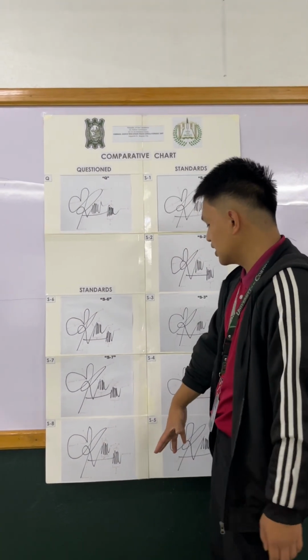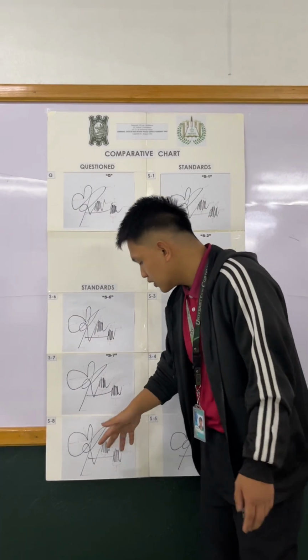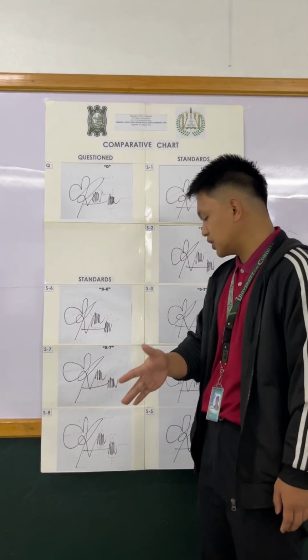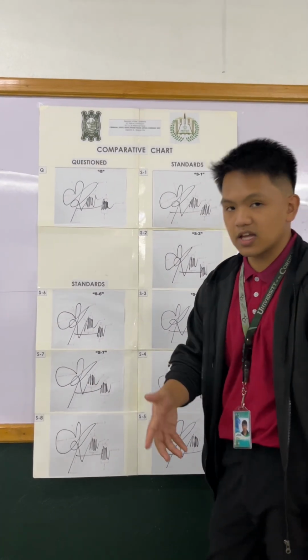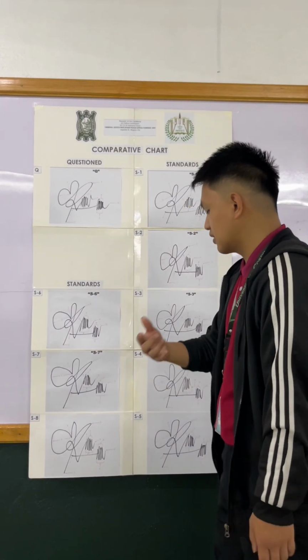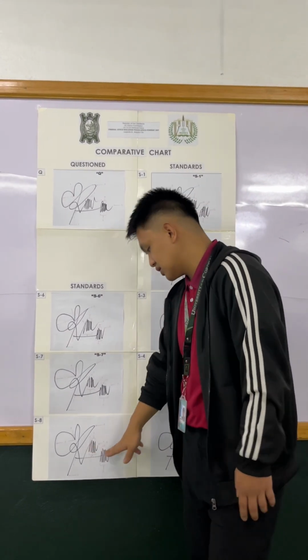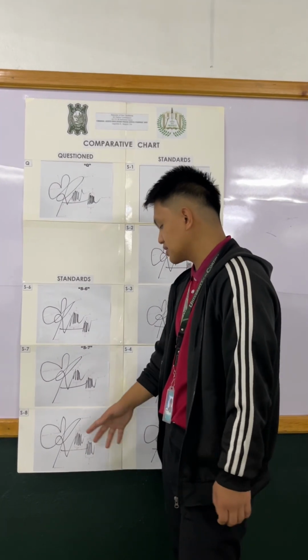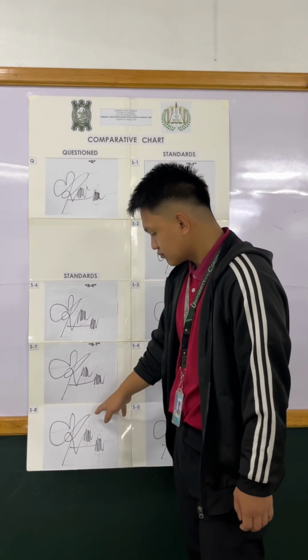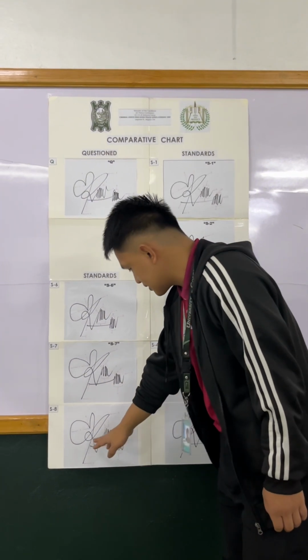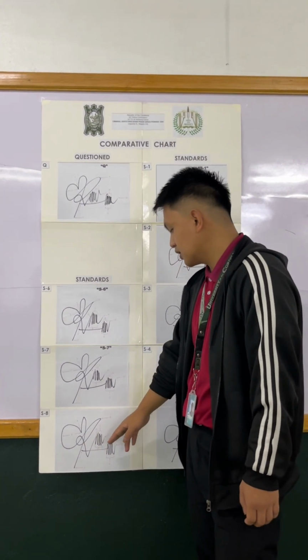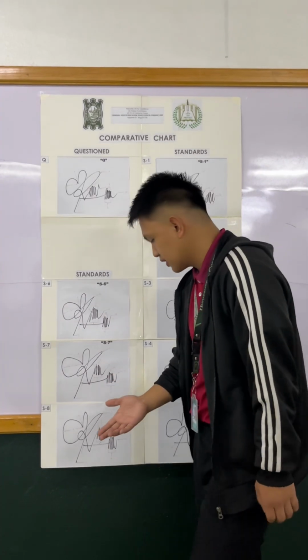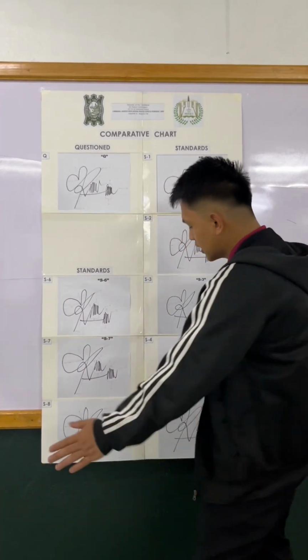Next is the line quality. The line quality is very poor due to the continuity of the strokes are not the same. They are faded, they are thick, they are thin, and there are more parts are diminishing. So next is the slant of the signature, or the S8 is leaning to the right. So leaning to the right.